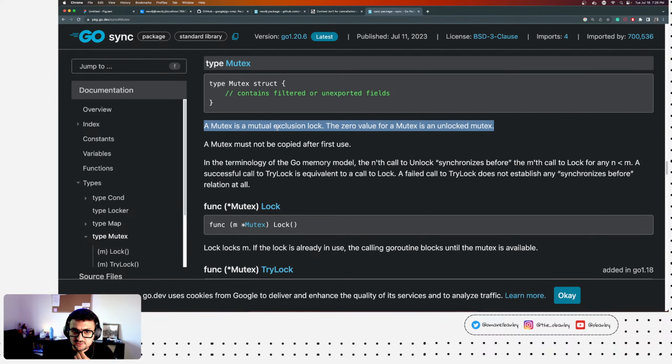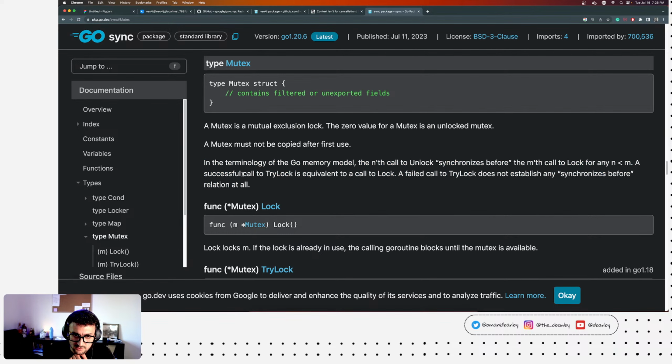A Mutex is a mutual exclusion lock. The zero value for a Mutex is an unlocked mutex. A Mutex must not be copied after first use. In the terminology of the Go memory model, the nth call to Unlock synchronizes before the nth call to Lock. Okay, that's fine.